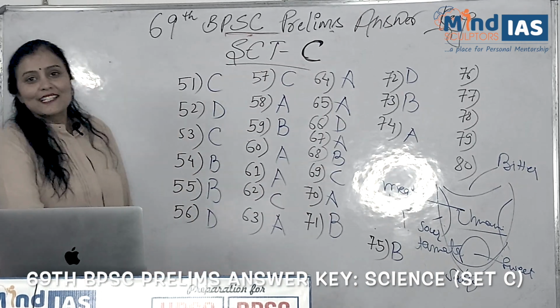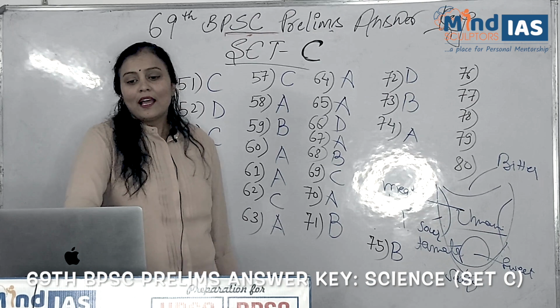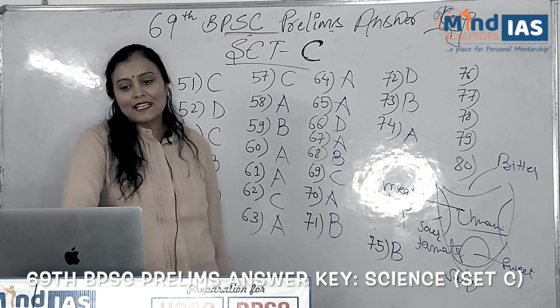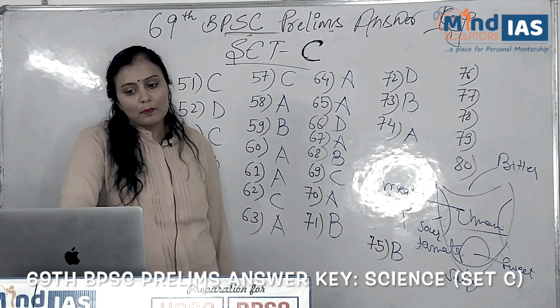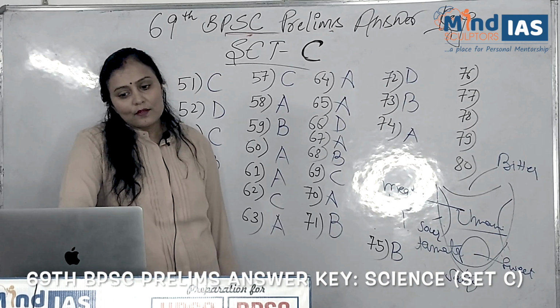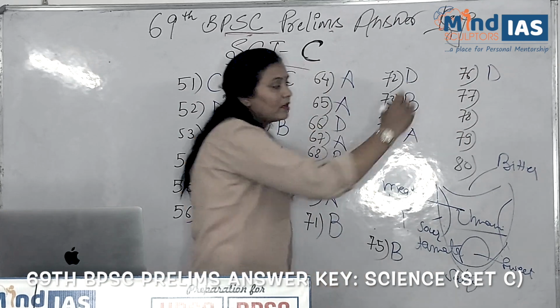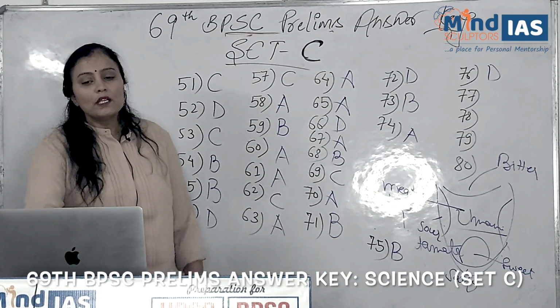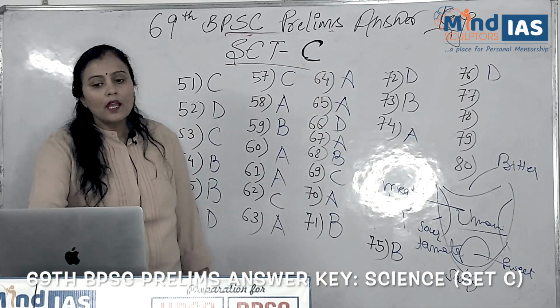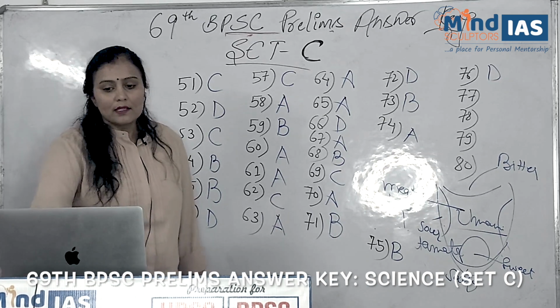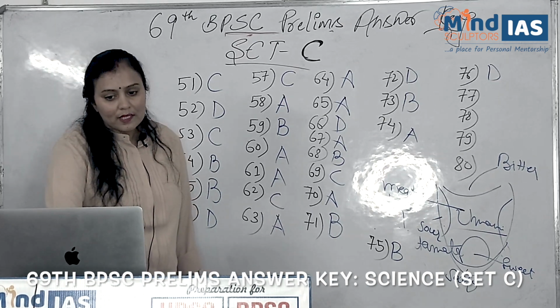And we are on the last leg of the question paper, and the question is question number 76. In the universe, what are pulsars? So the right answer for this question is option D, that is rotating neutron stars. These stars emit very high frequency energy, that's why they are called pulsars. Now come to question number 77.